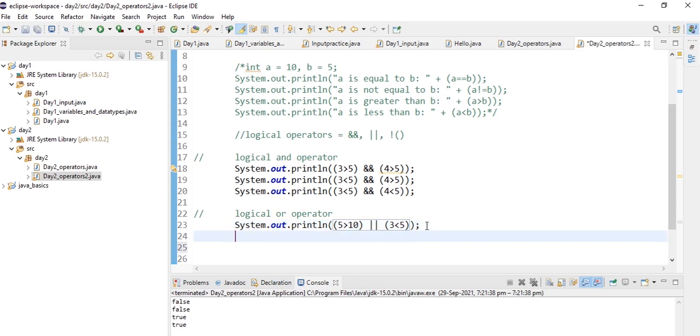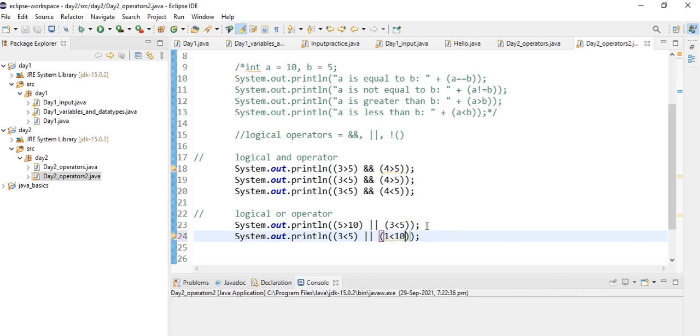Now what if both the expressions are true, that is 3 is less than 5 or 1 is less than 10. If both are true also, it is evaluating to true.